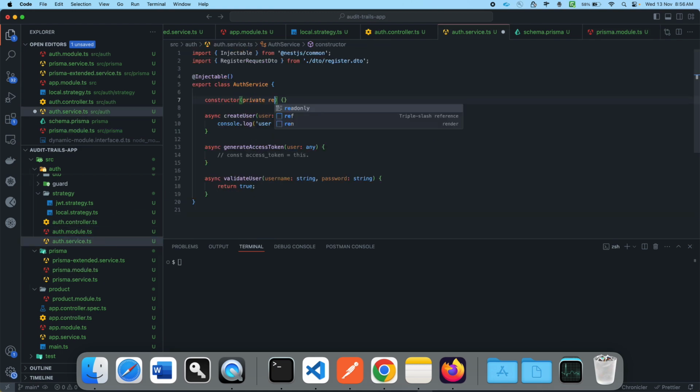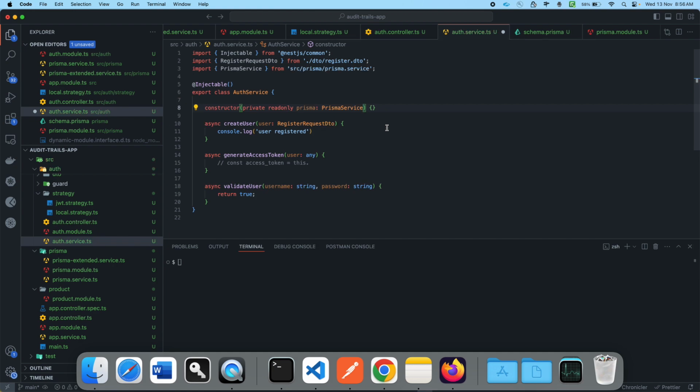So I will write private readonly prisma. I'll keep it as prisma only as a variable, and then I'm going to use Prisma service. I'll have to import this, and then I can write the logic of this create user. So I'm going to remove this line and, instead of the console log, I'm going to write let's do hashPassword